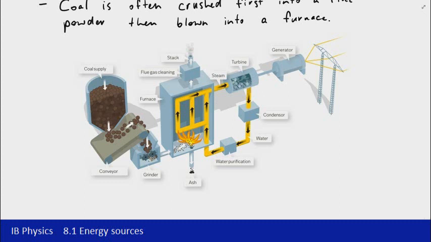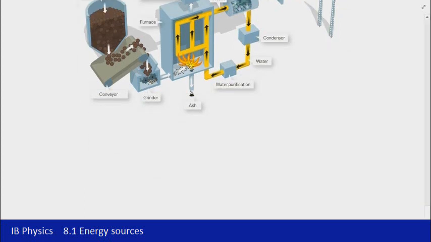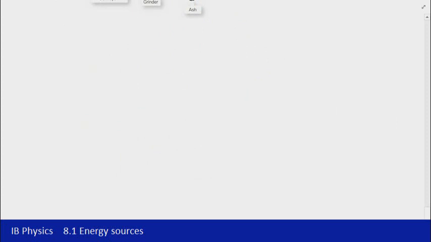The other point to note here is we've got a couple of extra bits to be aware of. So we've got the stack at the top and then ash coming out the bottom. So there's a couple of waste sources of both products and energy. So we'll talk a little bit about some of the bad things, I guess, or the disadvantages to these fossil fuels. So before we do that, it's also important to note that